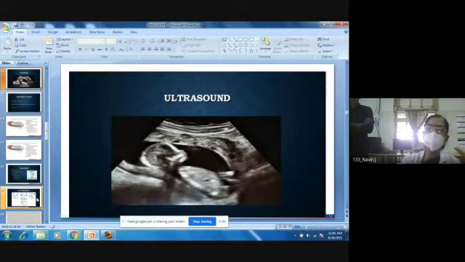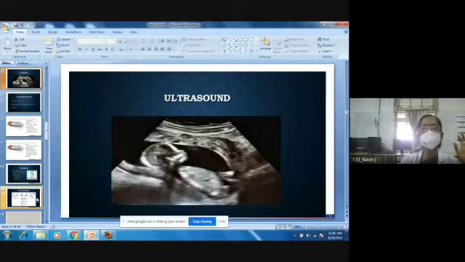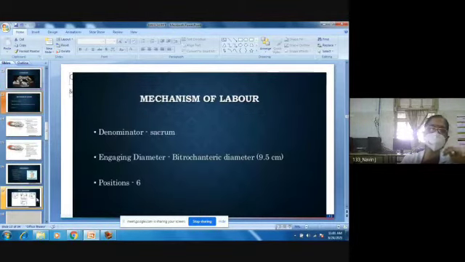When you have a hyperextended attitude of the fetal head, it is a contraindication for vaginal breech delivery. When the baby's head is extended, you find that on ultrasound, it's called a star-gazing sign, and that is an indication for a cesarean section. So the mechanism I already told you, the mechanism occurs in 3 stages, right? Delivery of the breech, delivery of the shoulder, delivery of the after-coming head.